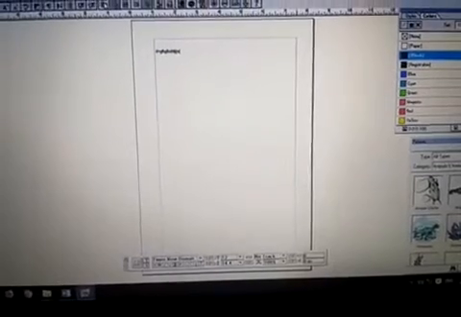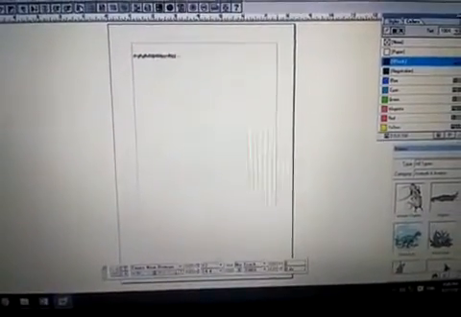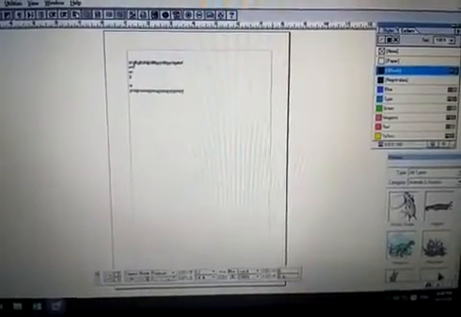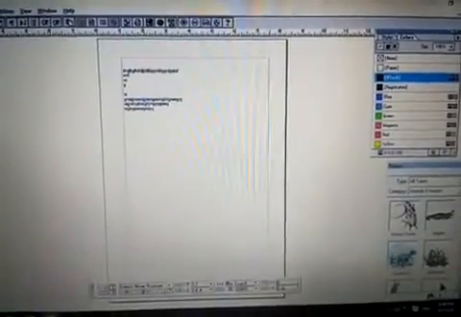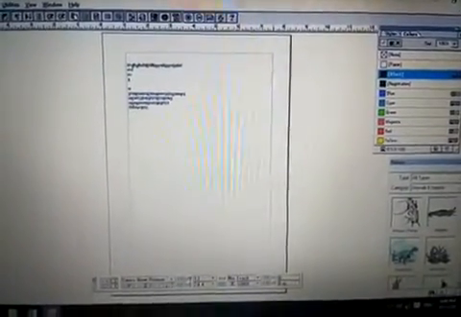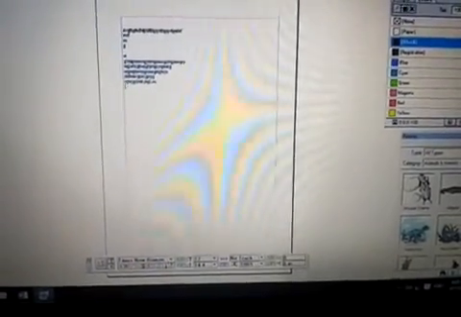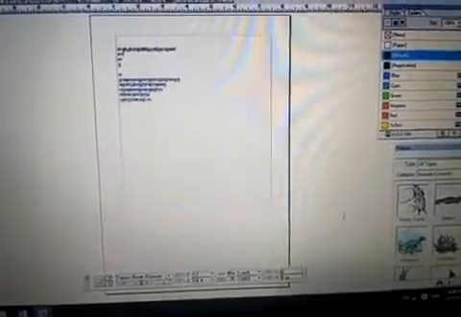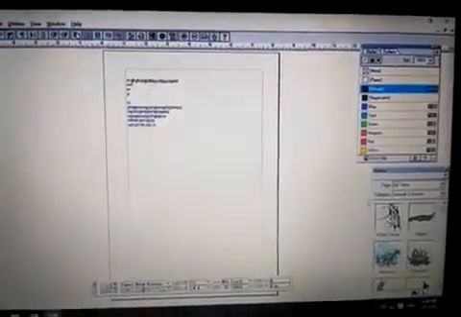So how do we edit the text in the document? After entering some text in our document, we are going to select it. First, how to edit the text?